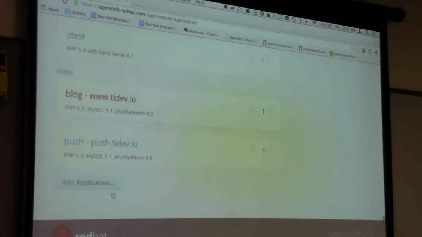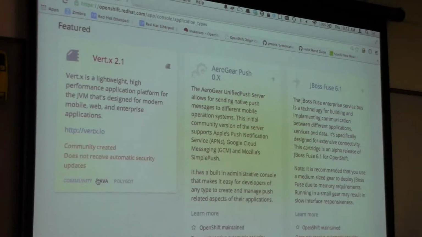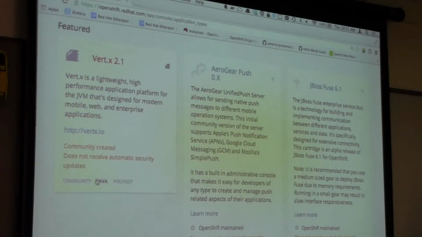So you want to create an application on the platform. You click on Add Application, and you have a choice of all of these cartridges, is what we call them. So I'm getting old now. I'm almost 38. And as a kid, we used to have the Nintendo system, you know, the original Nintendo system. That's the console. You can think of that as the platform as a service. But to make that console usable, you'd have to plug cartridges into the system. You can think of platform as a service, and OpenShift is the same way. The platform is the system, but it's not usable until you add cartridges, which would be runtimes.